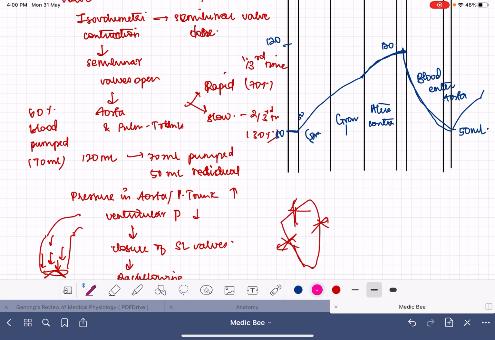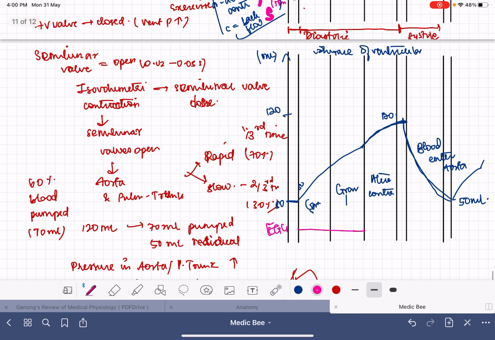If we want to see the electrical changes during the initial period of time, let's say this is the ECG graph I am drawing. As long as the atrial wall is open, there will be no electrical activity. But just before atrial systole happens, there will be a P wave. If we say that this column is the time of atrial systole, then before the atrial systole the P wave has to start. So it will be like this. Just before that, the P wave will be seen, and after that, atrial systole happens.